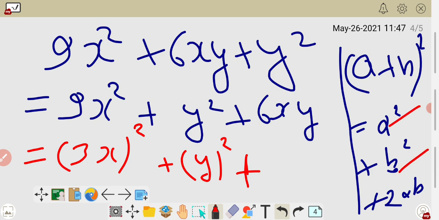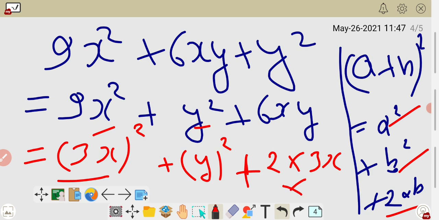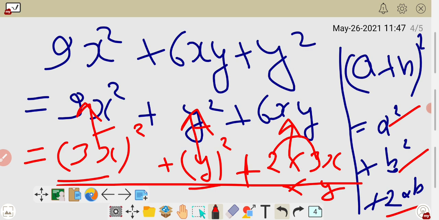A square plus b square becomes a square and b square, then it becomes 2ab. So from the formula you have to write 2. It is the cheating you are doing from the formula. 2 into a is 3x and b is y. So the remaining term you have to write from the formula: a square plus b square plus 2ab, then 2, here a is 3x and b is y. Right. Now just check. 3x whole square equals 9x square, it is correct. y square, it is correct. Now just check, 3 times 2 is 6, it becomes 6xy, so it is also correct. So it is the formula of what? a square, you write here what?